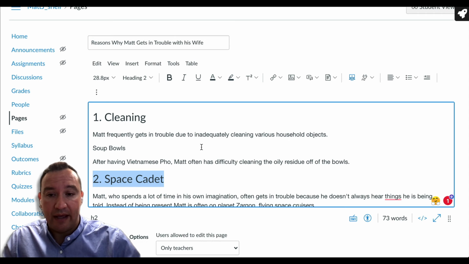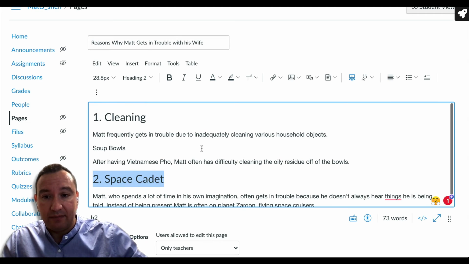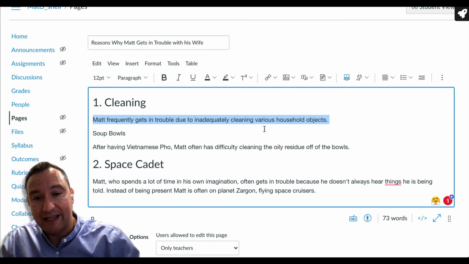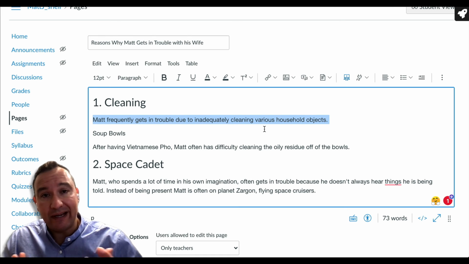So now let me look at the page once again. And we know that this content right here, Matt frequently gets in trouble due to inadequately cleaning various household objects, right? So that actually is just paragraph text. That's just content underneath cleaning that explains the cleaning section a little further.